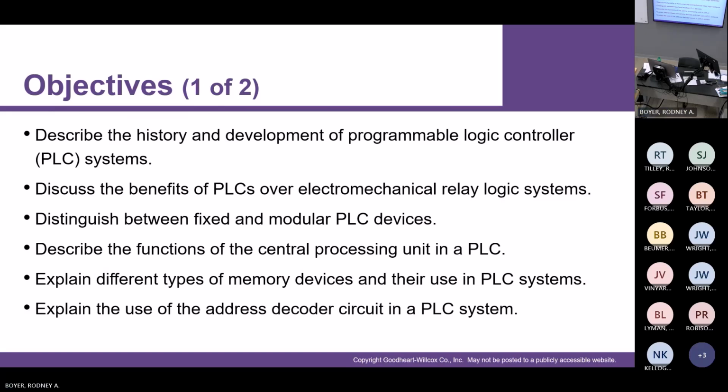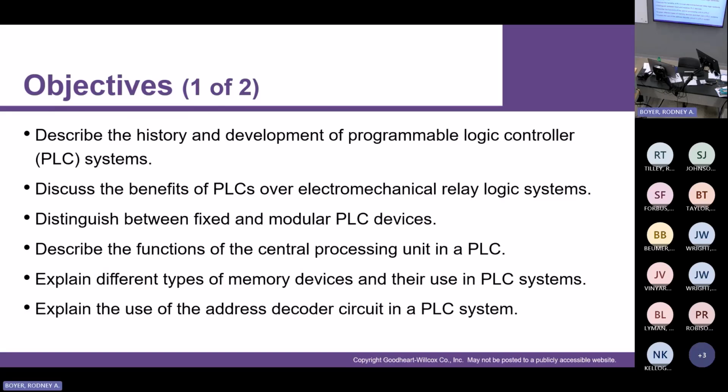Dick and his partners ended up creating a company called Modicon. You guys ever heard of Modicon? No? Anyway, they started Modicon, and